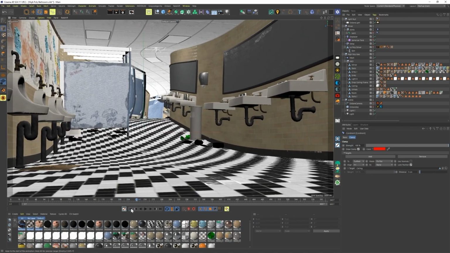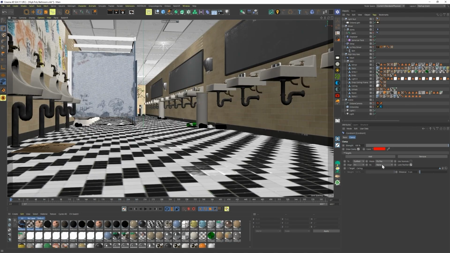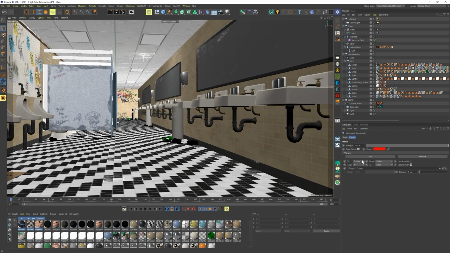So to fix that, all we have to do is go a couple of things. We go into our clamp again. In the mode, instead of fix position, let's fix axis, and then let's do as Phong normal and say use normals. So now if we hit play, you can see that